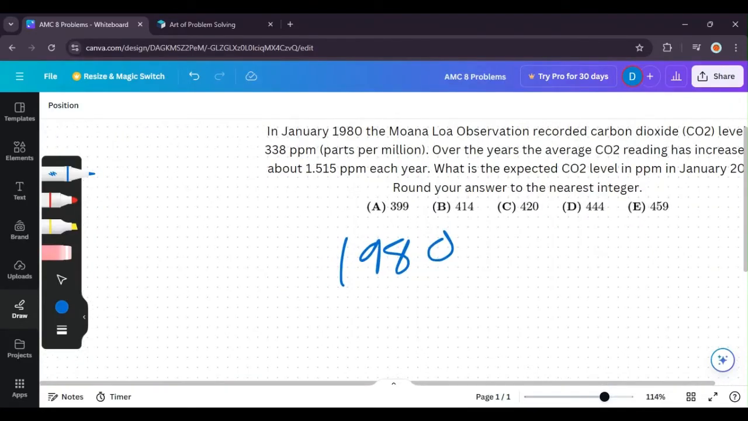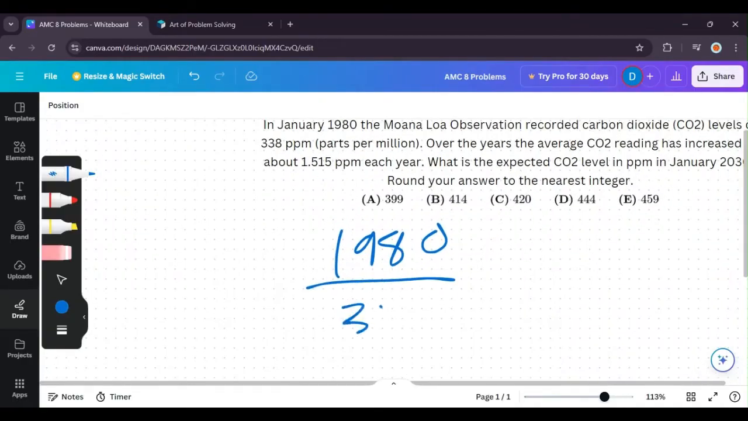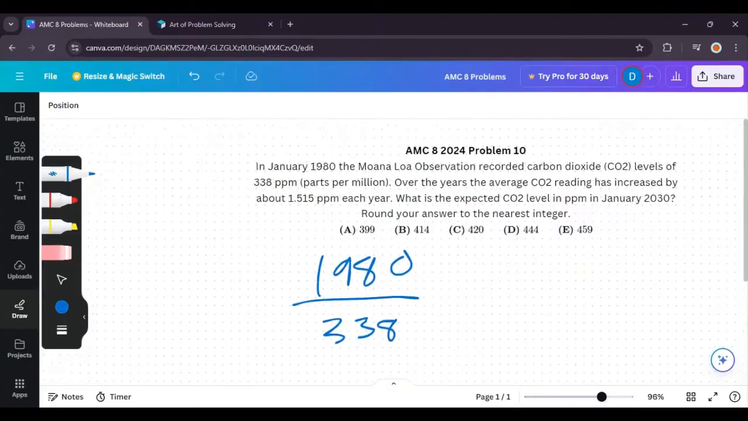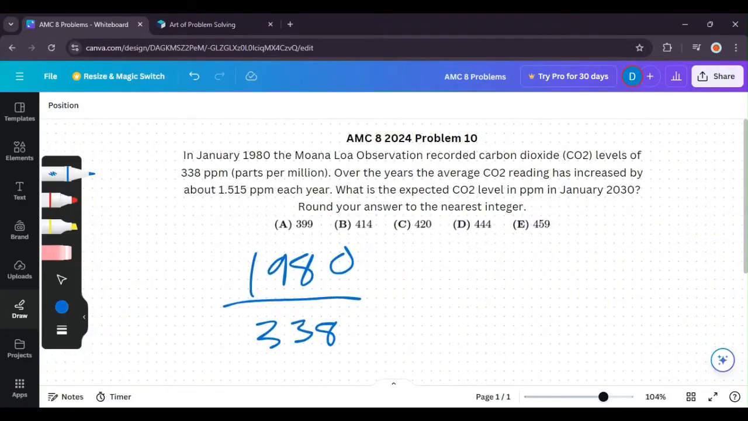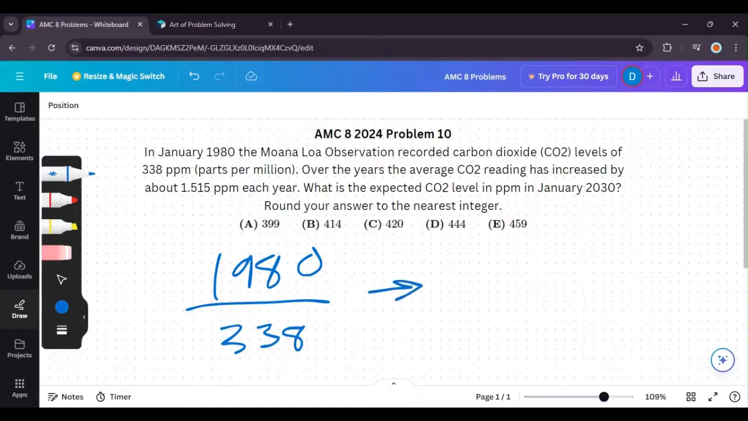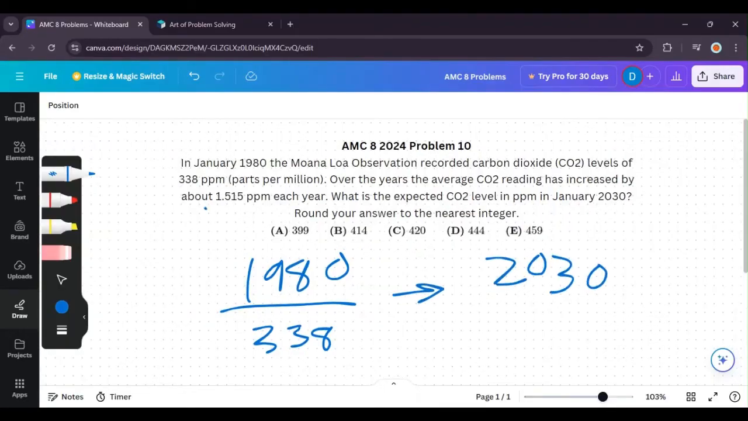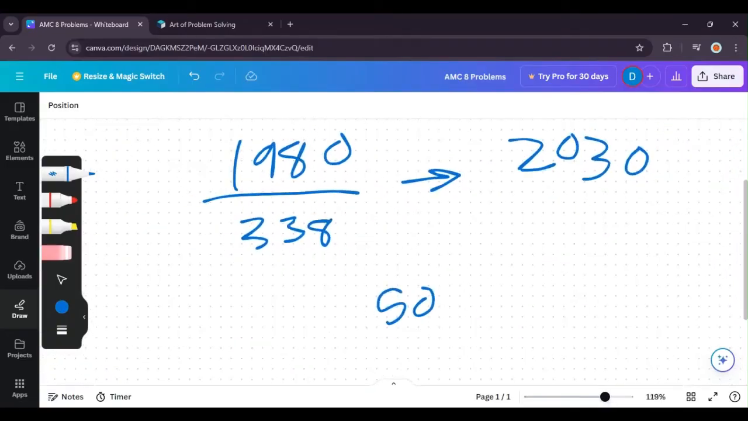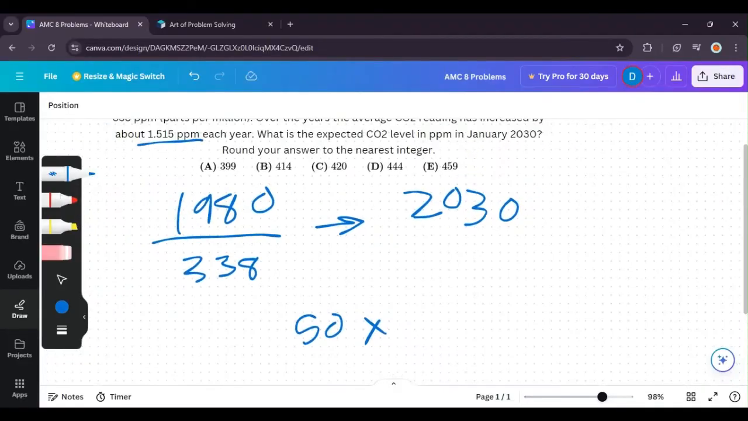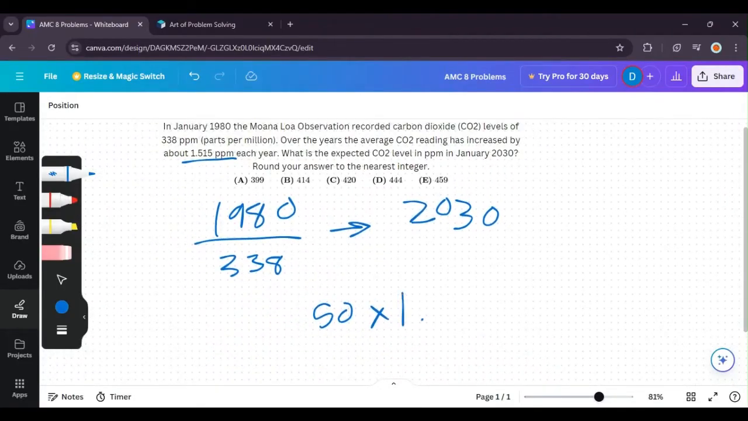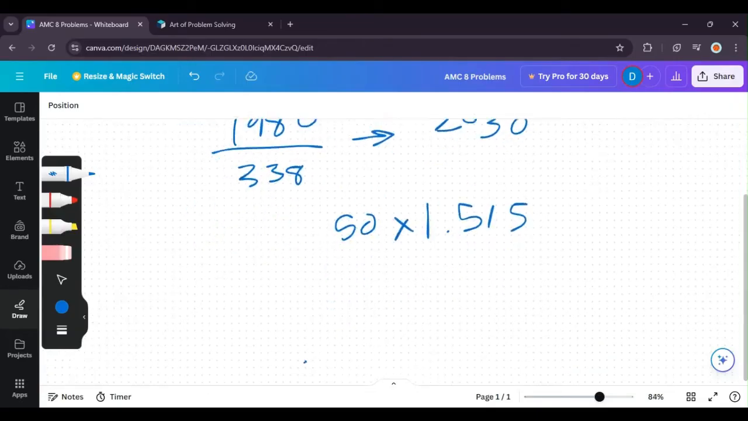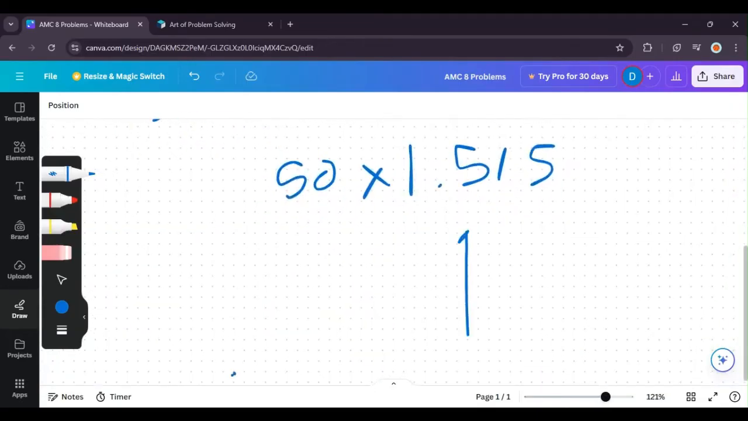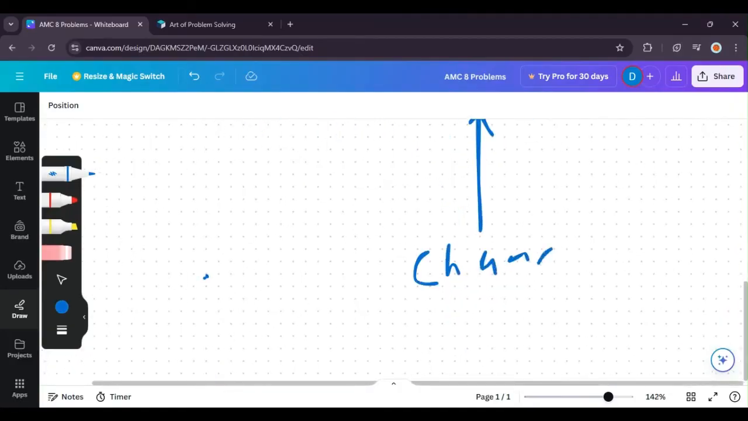So in 1980, the CO2 level was 338 ppm, and we're trying to find the CO2 level in 2030, and it says it increases 1.515 each year. So how many years are between 2030 and 1980? There's 50. You just easily subtract, and we multiply by 1.515 for each year. So basically what this is showing is that this is the change per year,